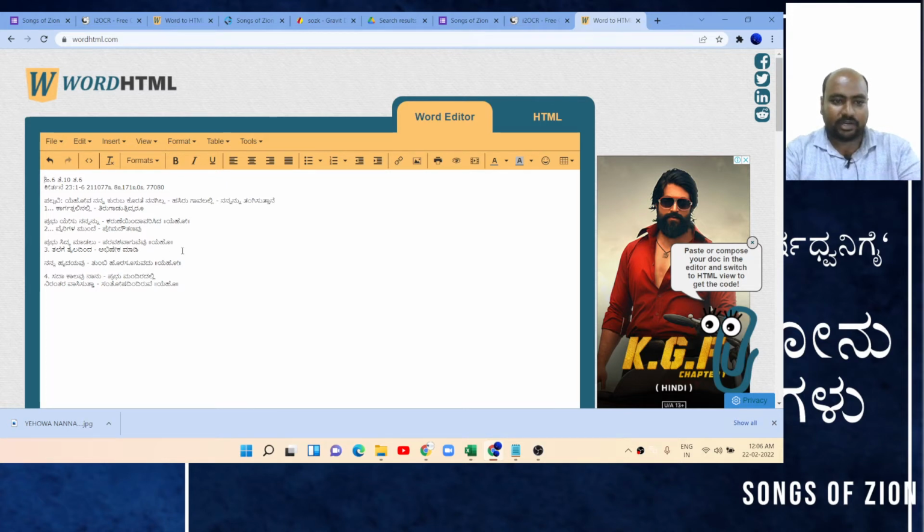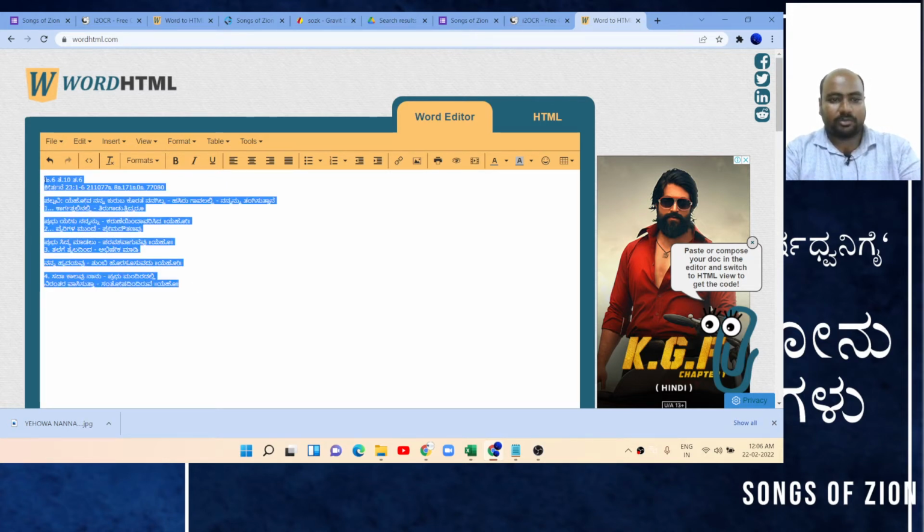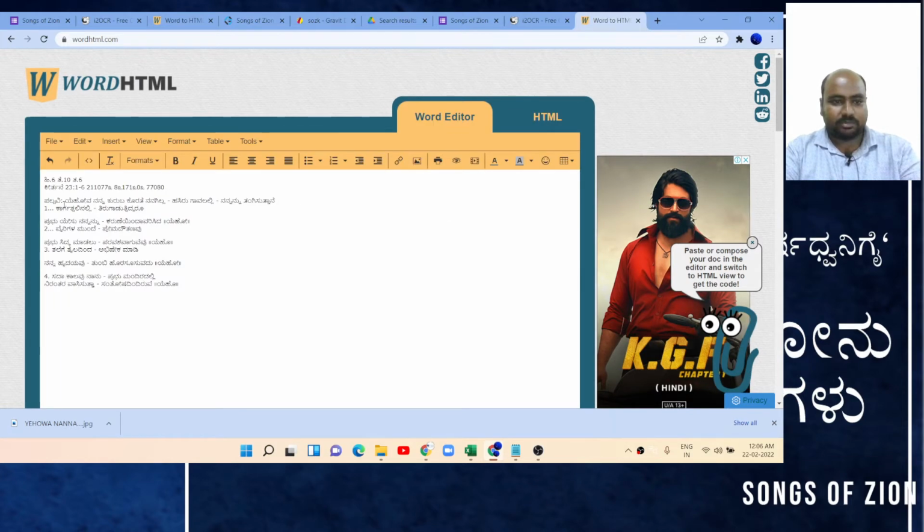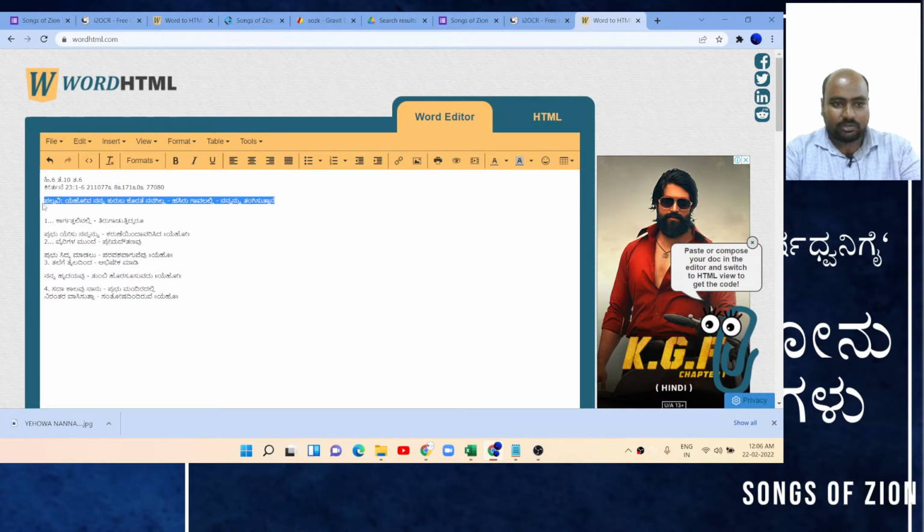Basically what we're trying to do here is format this and also convert it into basic HTML. Now if you can see, please refer to this songbook for formatting, and we'll have to bold this, and also these are not necessary. Take this out.